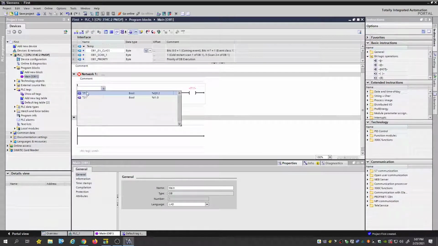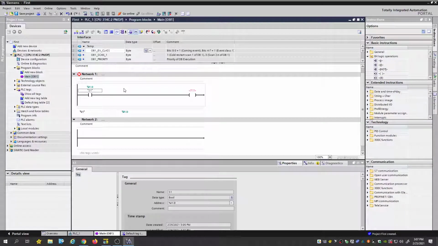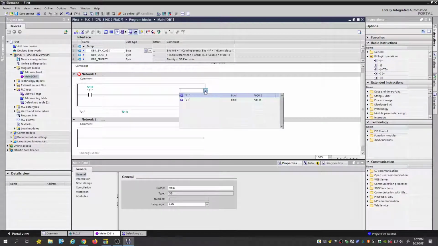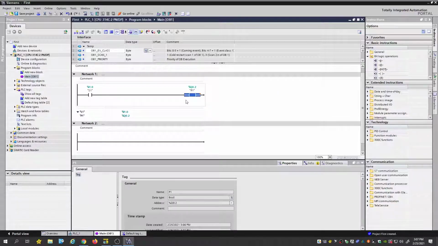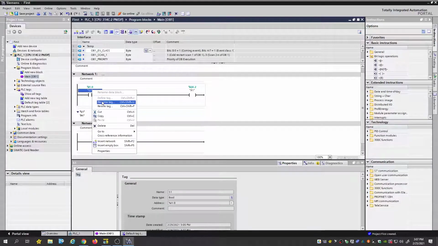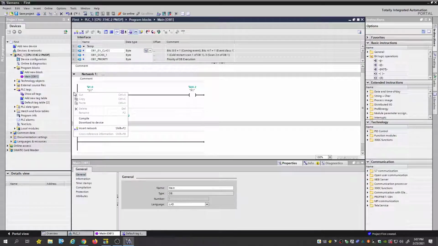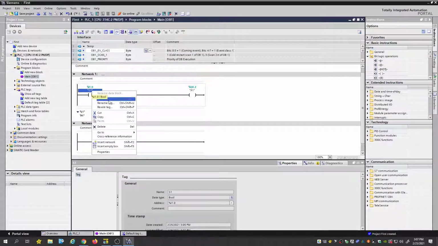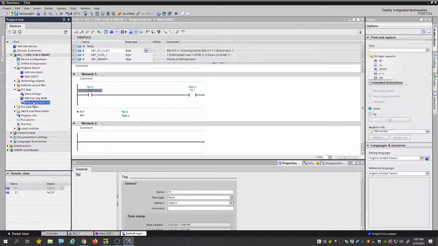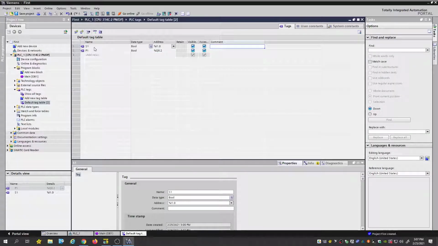If we click on this, you'll see our S1 and then our P1. Notice how it's got the different things up here. Now you can add in, I think you can, let me go back to my tag table, comments right here. If you wanted to add a name comment, you could just say it's the S1